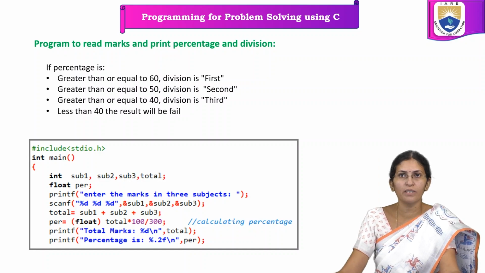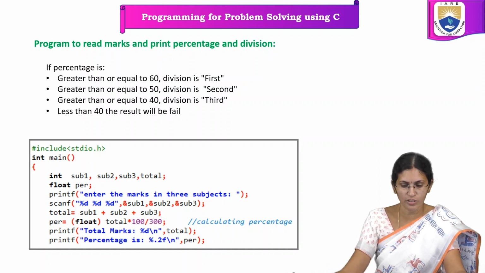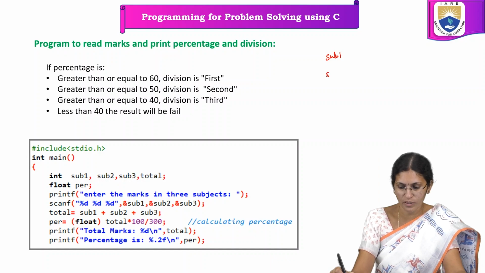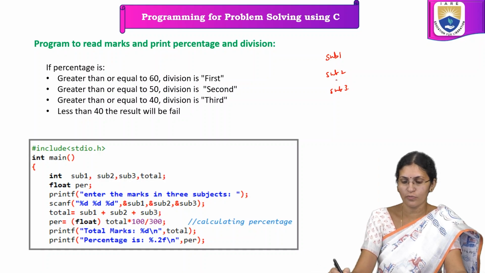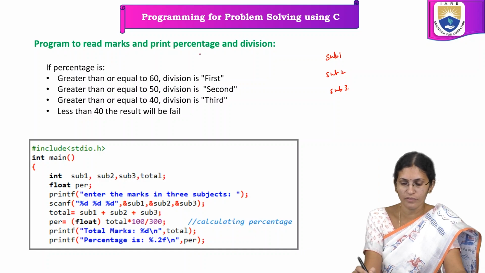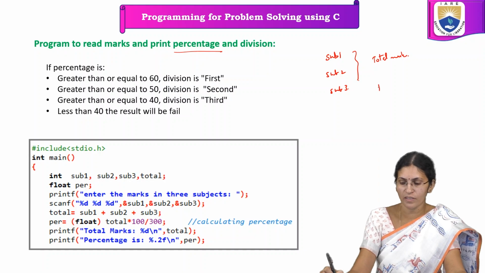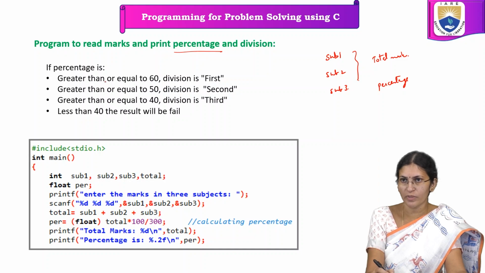Next program is to read marks and print the percentage and division. Suppose the user is entering marks for 3 subjects: subject 1, subject 2 and subject 3. These can be any of the subjects. For these 3 subjects we need to calculate the percentage and division. In order to calculate the percentage, first we need to find out the total marks. Based upon the total marks, percentage can be calculated. And then based upon the percentage obtained,